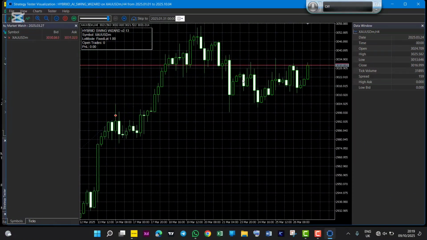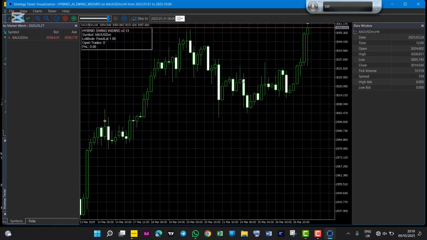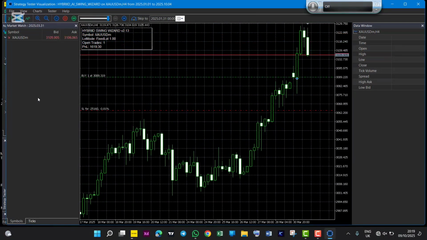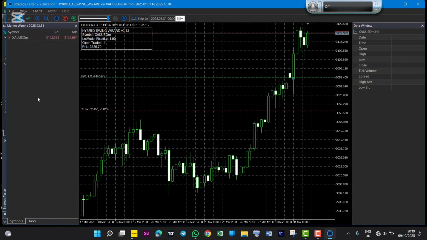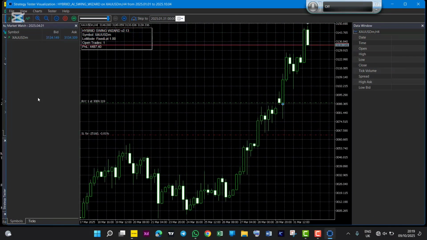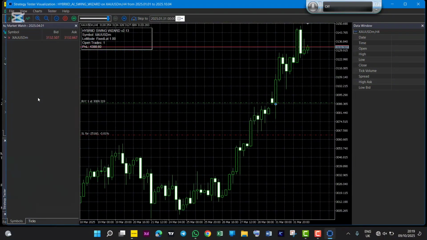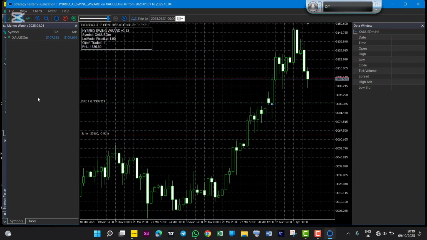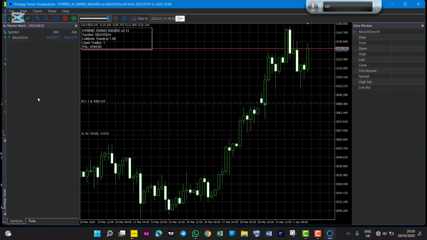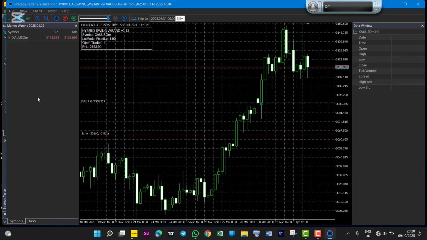All right, so let's continue monitoring our live backtesting. Remember, this robot is set to use 1:5 risk to reward ratio. So if you are risking $20 on this particular trade, that means if you hit TP, you're gonna make $100. If you're risking $200 and you hit TP, you're gonna make $1,000. And if you're risking $2,000 and you hit TP, you're gonna make $10,000. That is 1:5 risk to reward ratio. This is the default setting for this robot, and it